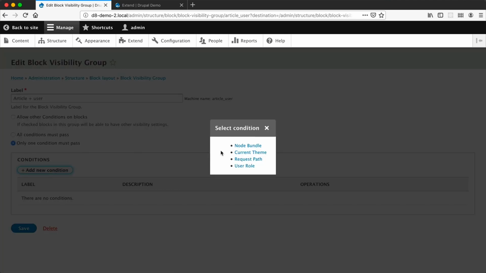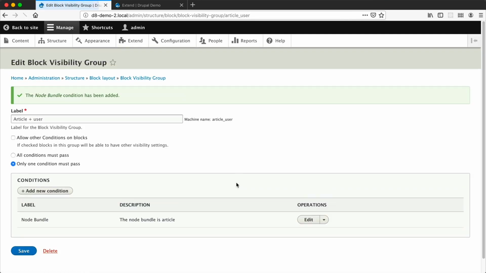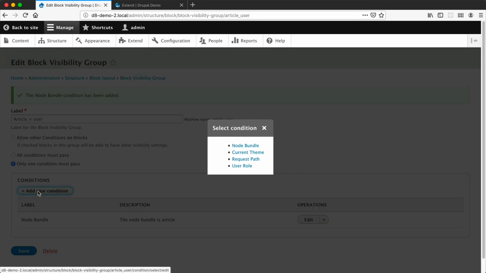Now on the configure block form, we had the content types condition, but here for some reason it's called node bundle. It's the exact same thing, but for some reason on the configure block pages, they use the term content types, but here it is node types. So let's go ahead and select article,